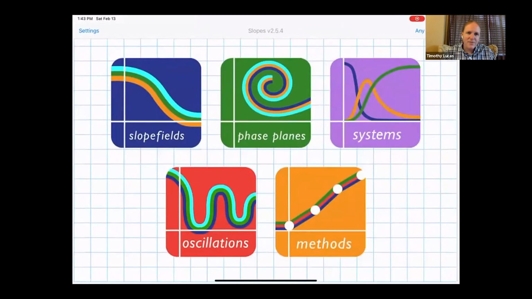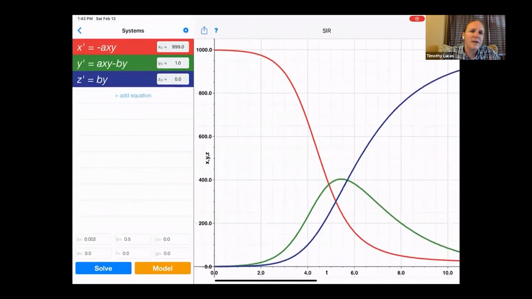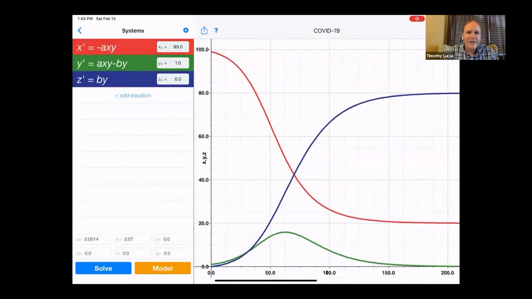And then the last one that students use a lot because they like to do projects is systems. If you load up a systems activity, you can put up to 15 equations in. This is like the SIR model, a default SIR model. I've had students look at what's going on with COVID-19, and put in some parameters that we think might be relevant to what's going on now, and look at what's going on with an SIR model,